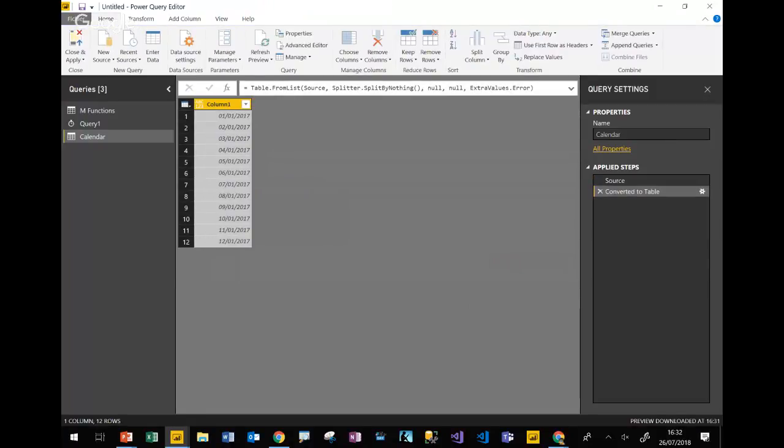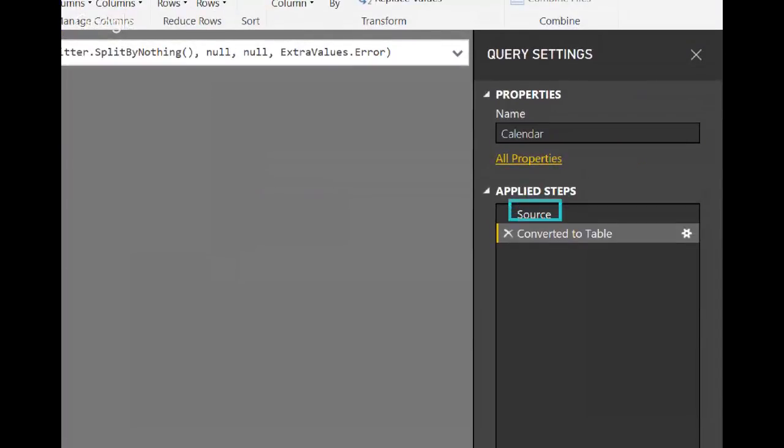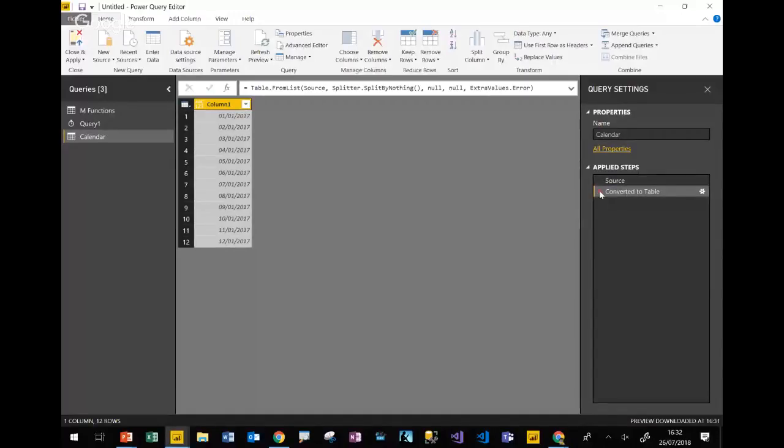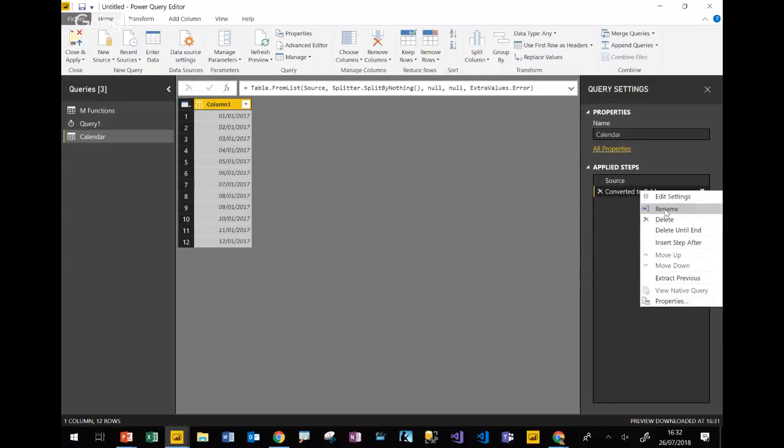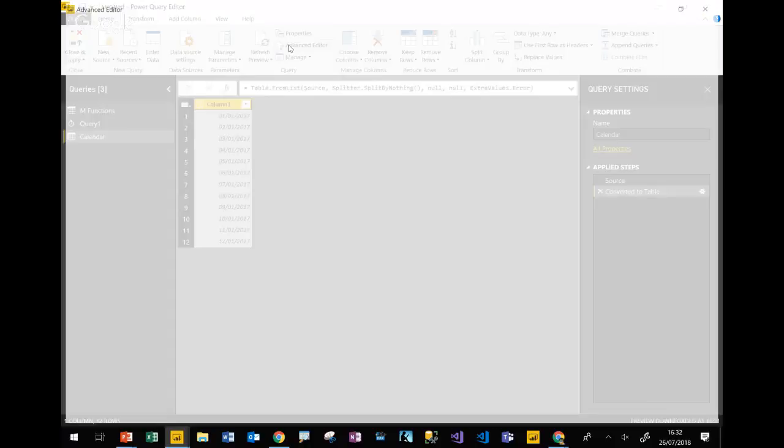And there we go. We have two steps available at the right side. The first one was the source, which was actually the List.Dates that we've done together. And this is actually the output of the list converted into a table using the UI, right? So as I said, you can at any time delete your step, don't do it, modify it, rename it. One cool thing that I like about renaming, so if we go back to the advanced editor,